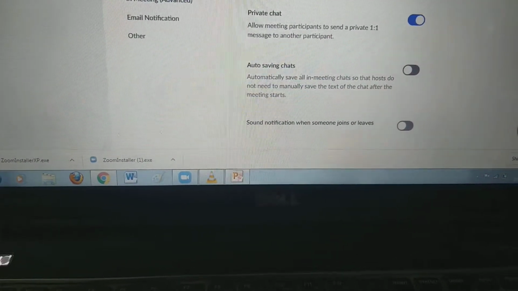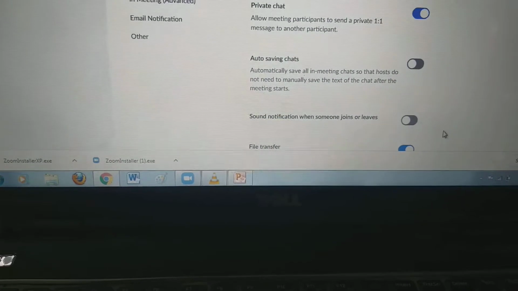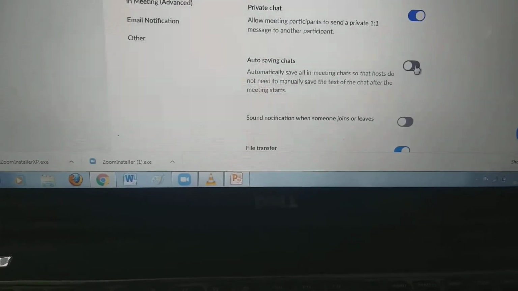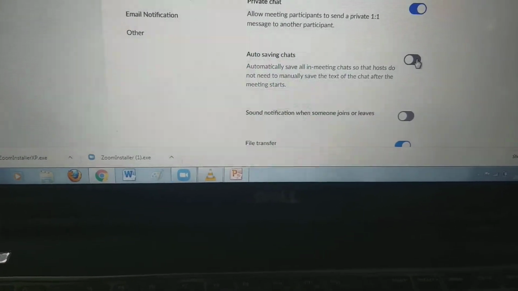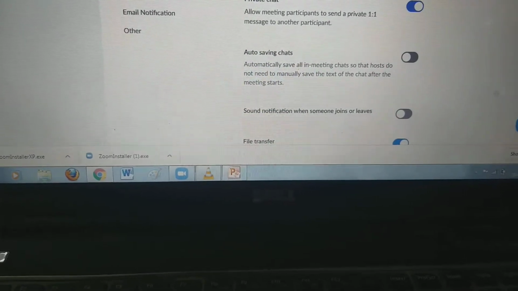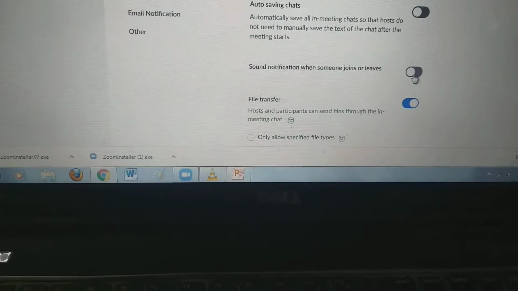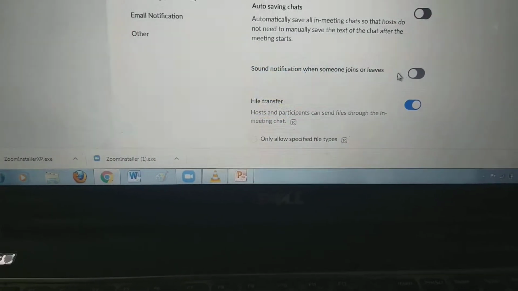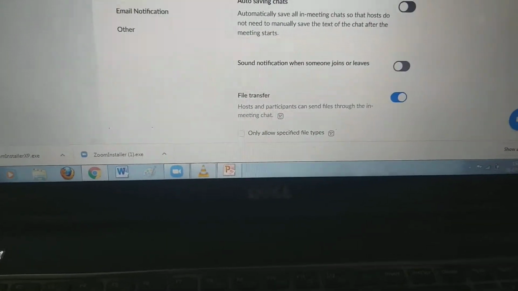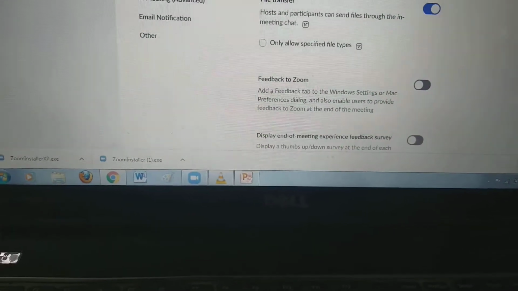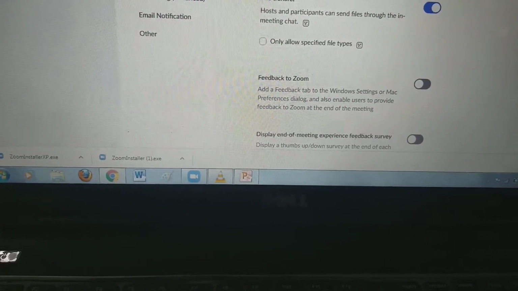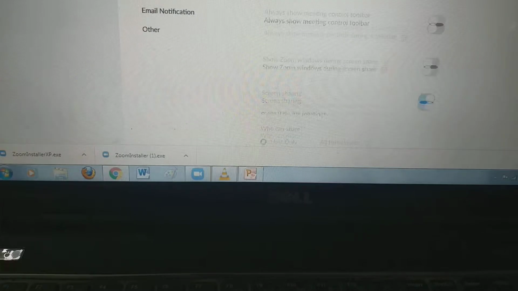Auto saving chats is up to the meeting host, if that person wants the chat as a separate window or not. Sound notification when someone joins, let it be disabled. File transfer, yes, allowed if anybody wants to transfer a file online. So these are all the options.